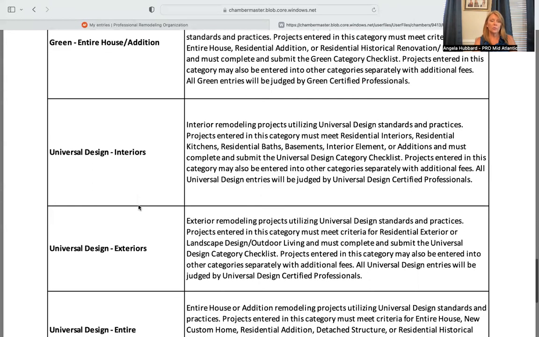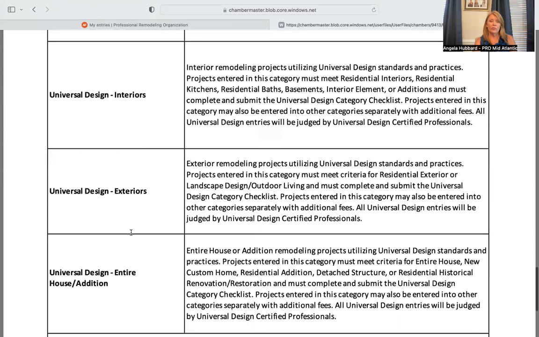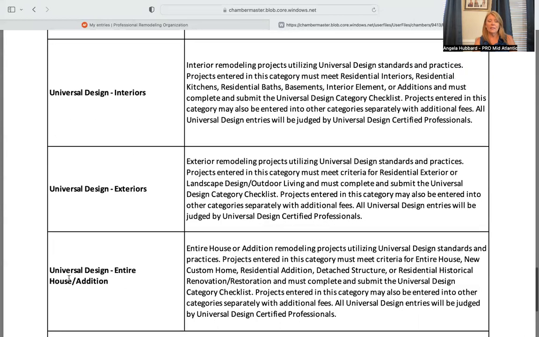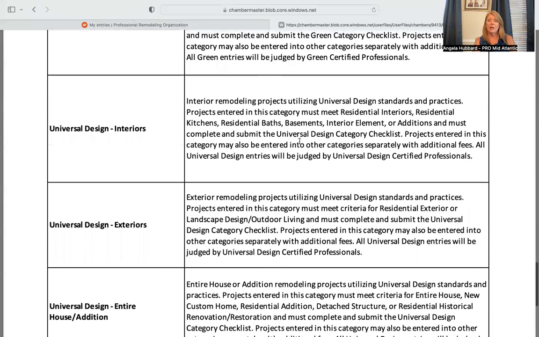And then we get down to universal design. Again, we have 3 universal design categories. We have the interior, exterior, and entire house addition. Same thing applies here. There's the universal design category checklist. You'll have to download that, fill it out. There are specific questions for each type of project. So there are questions for exteriors that, of course, would not apply to your interiors, and it is based on a point system. So there's a certain number of points expected for each type of entry,